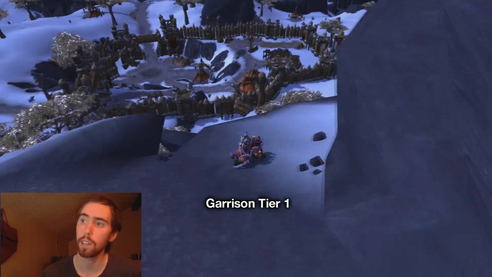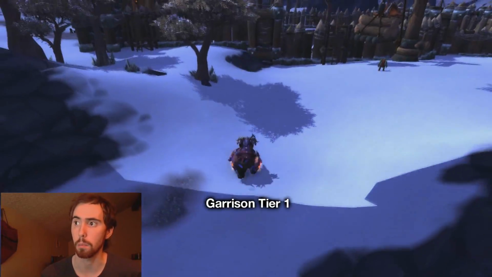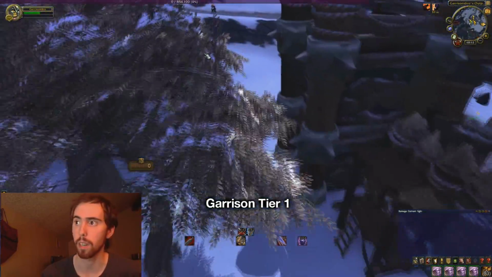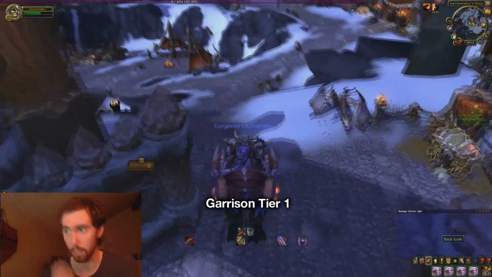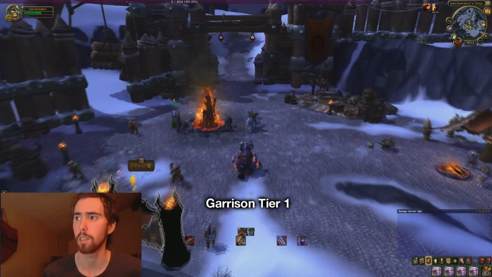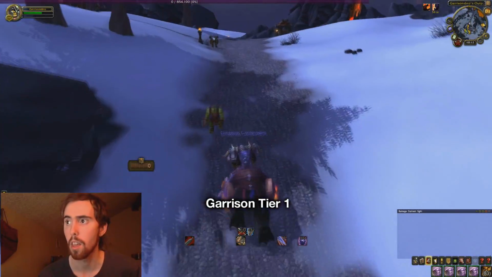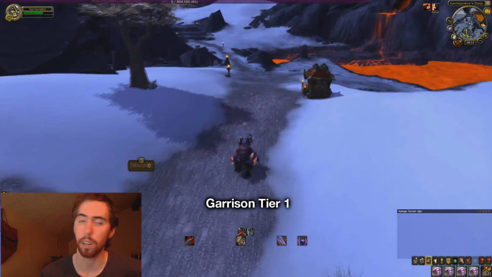I like the level 1 garrison in a way a lot more than I like the other ones, because it just looks more like Crossroads or something like that. It looks more like a garrison, and it's just a personal opinion. I can't really make a garrison level tier 3 look like tier 1, because that wouldn't make any sense. But anyway, the main building goes through a lot more progress, I think, than